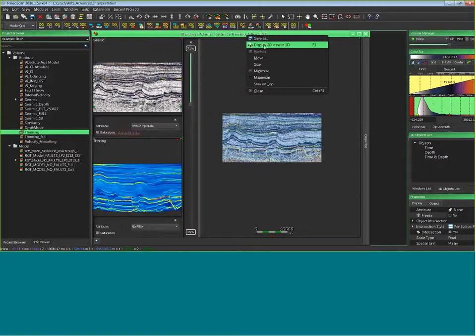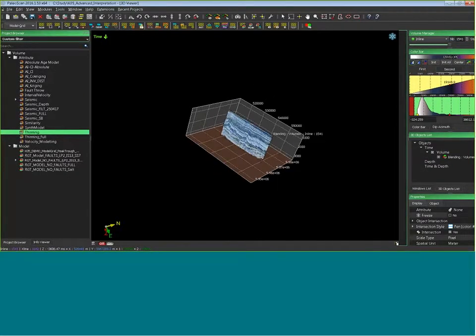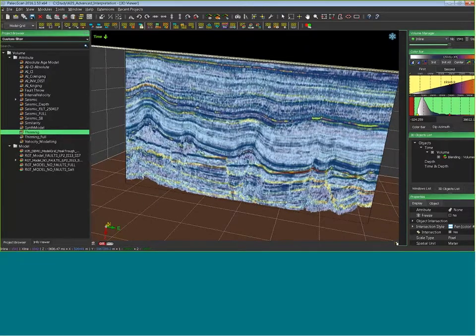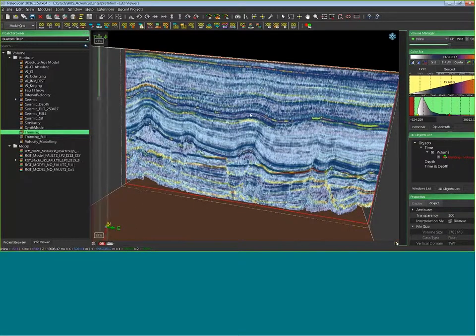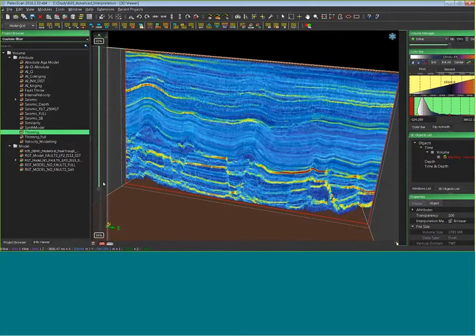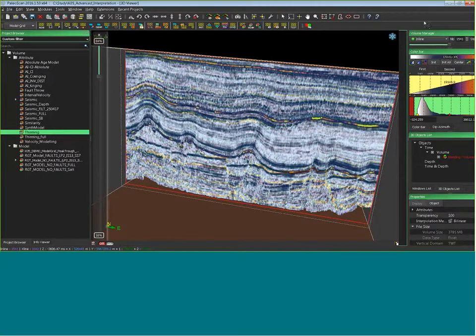We also manage all the blending directly in the 3D viewer. If I select the object, I can change the transparency between my two volumes directly in the 3D viewer.